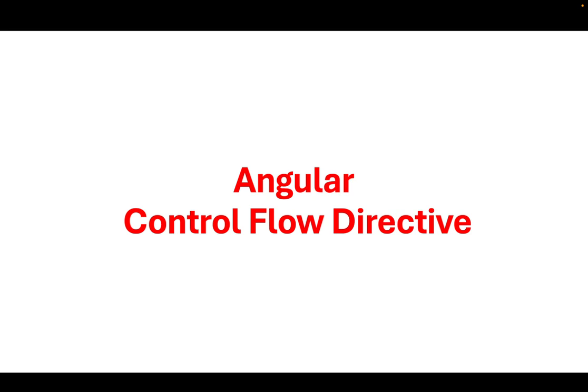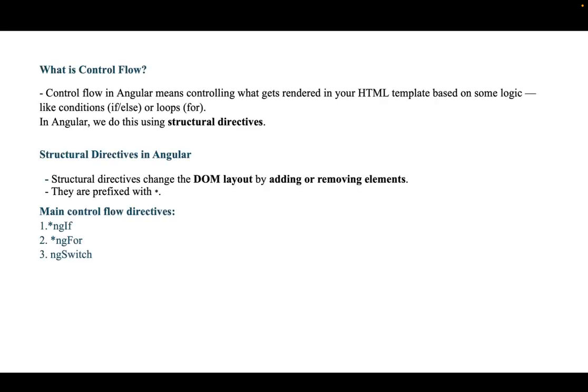So these are the three directives which we can use to control how and when elements are displayed in your component. First, let's understand what control flow is in Angular. Control flow in Angular means controlling what gets rendered in your HTML template based on some logic. You can say there is some condition, if and else, or there is a for loop, right? So in Angular